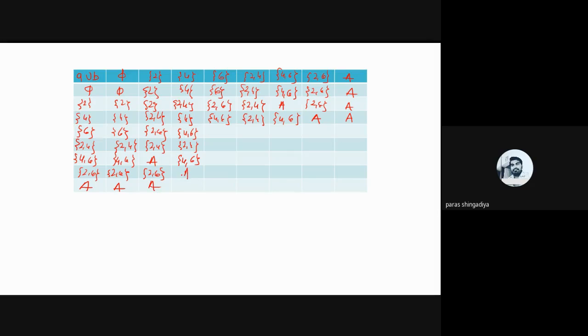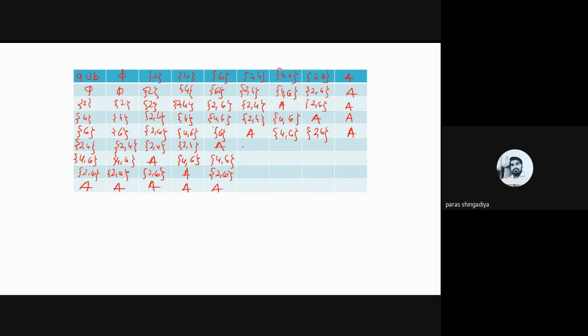Okay, then after A and A itself. Clear? And now 6 with 6, that is a 6. 6 with 2 4, so it is a 2 4 6, it is capital A, that is a 4 6, and it is a 2 6, that is a capital A. Now write down here the data, 4 6, 2 6, capital A.